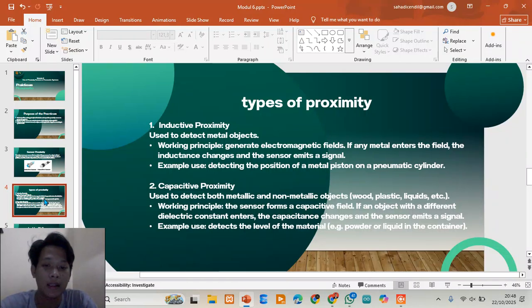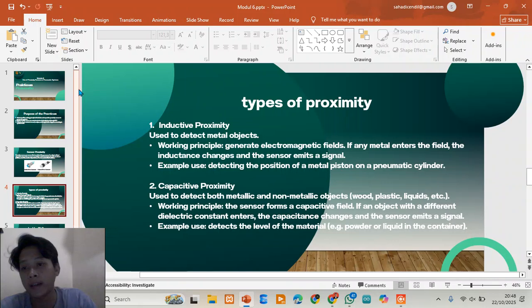It forms an electric field between its sensing electrodes. An example is monitoring the level of a liquid in a tank. Both types convert a physical proximity into electrical feedback, which we can process inside the PLC.